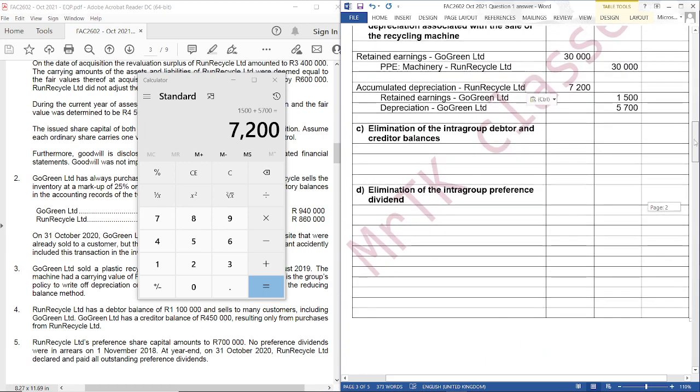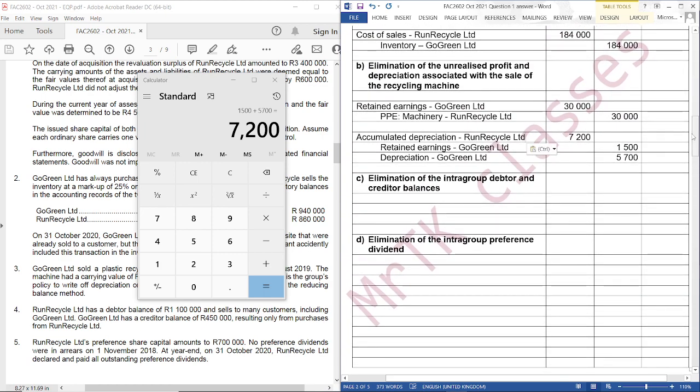So what we did at the time of sale, we decreased our PPE, we decreased our retained earnings, right? Because we said this is unrealized profit. But when the machinery starts to depreciate, we'll start adding back that profit that we're saying it was unrealized. So at this point in time, we have already added back 7,200, which means that our property, plant and equipment will increase, our profit will also increase, right? Then we move on